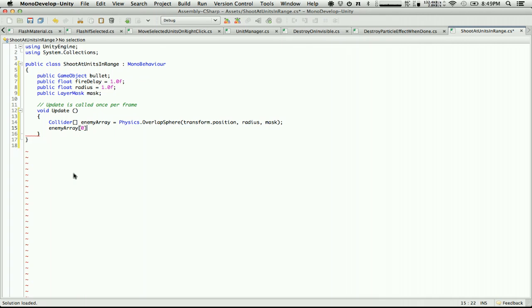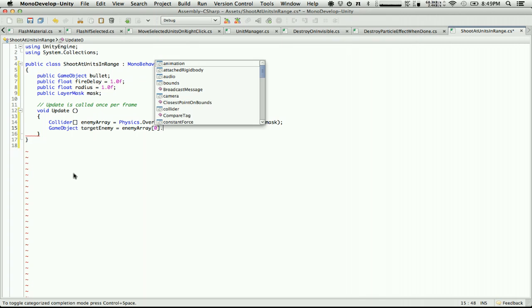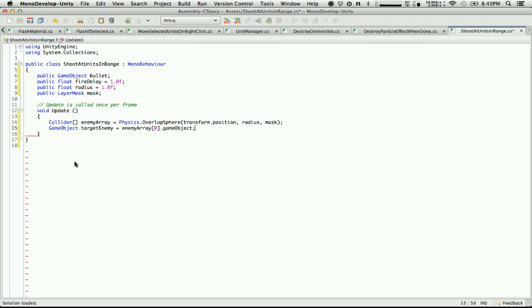So enemy array dot 0. We're gonna shoot at them. So we're gonna call GameObject targetEnemy equals enemyArray 0 dot gameObject. So that gives us our target enemy, and then now we just need to shoot at our enemy. So oh wait, so this